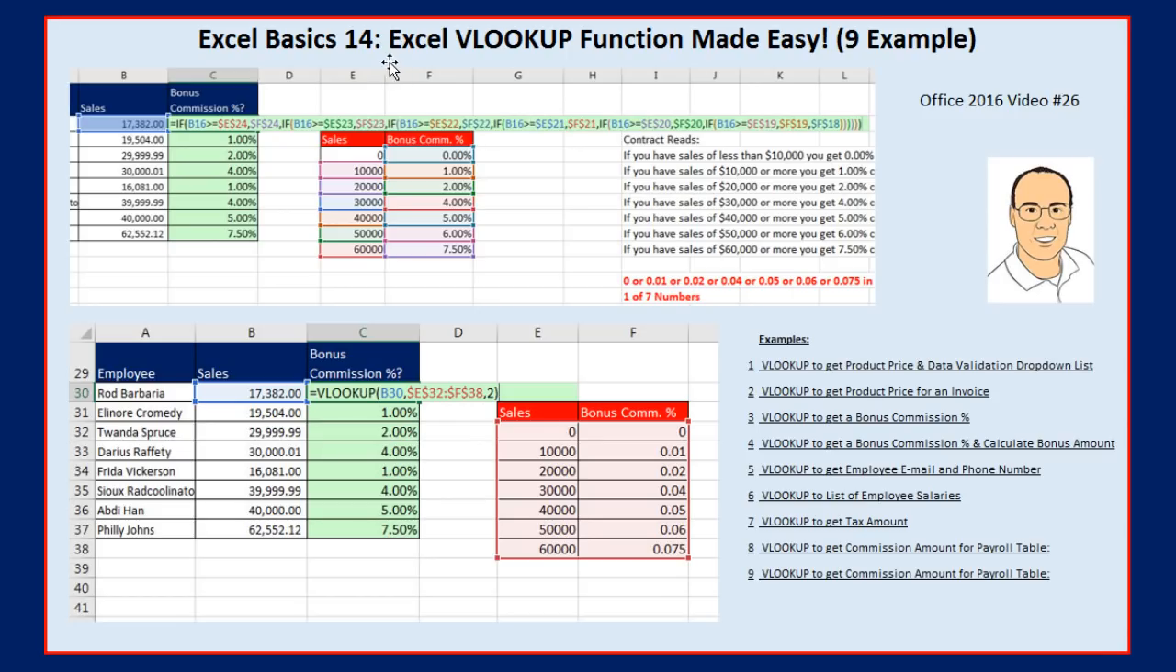Hey, in this video, we got to talk about the amazing Excel VLOOKUP function. And it is going to be amazing. We have 9 examples. Now, just to start off, last video we did the if function, and this is what